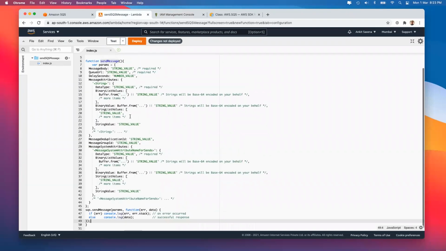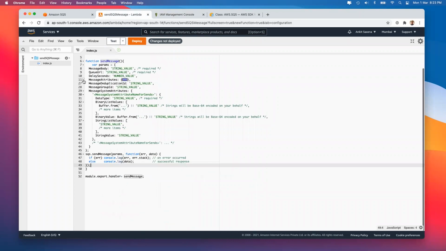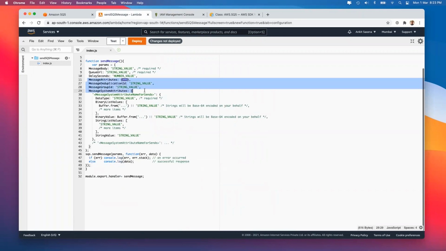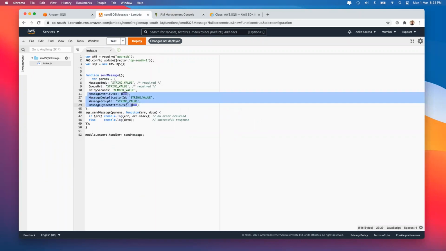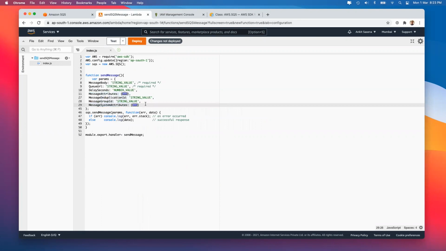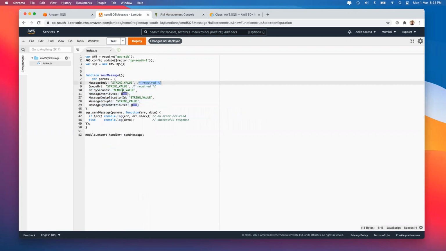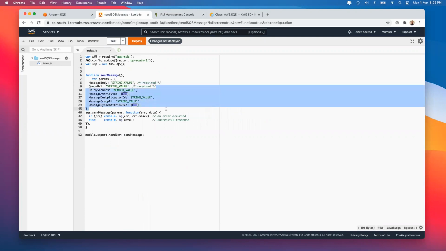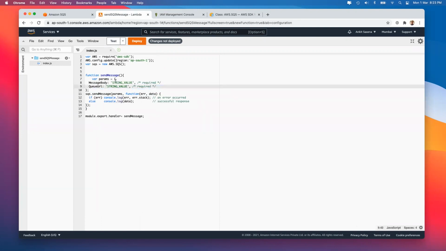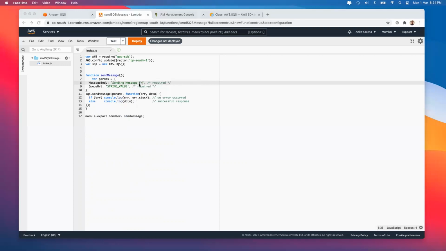Now ideally remove the things which are not required. For example, message attribute, deduplication ID, this message attribute, and these things are not required, so that you can actually remove. So delay seconds not required. So how do you know? Whatever things it says required over here, those are the mandatory things, others are optional. So depending on the use case, you might want to have it or leave it. Right now, message body, let's say sending message from